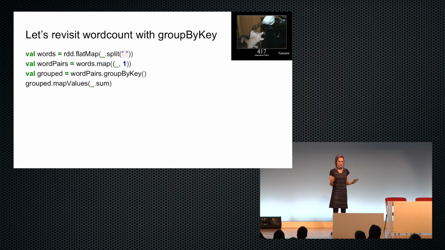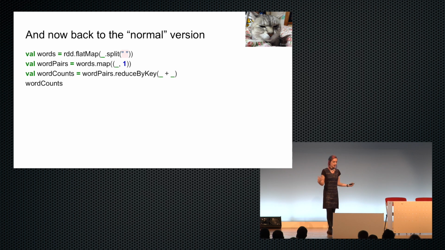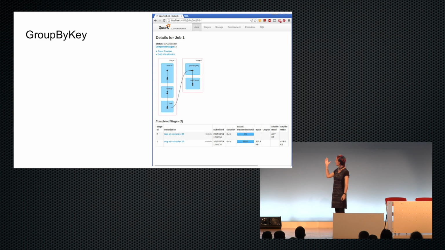So the correct way, I mean, this is the bad way, sorry. This is groupByKey word count. And the actual normal way to do it is to just do this really simple reduceByKey. When we do reduceByKey, Spark is actually able to do a map side reduction. And that's pretty awesome. Essentially, before it even begins to transfer data over the network, it's able to reduce the data locally and then transfer only the reduced data over the network. And even then, it doesn't have to create these giant records, even if the map side reduction doesn't give us anything.